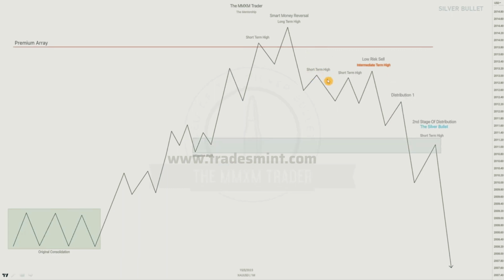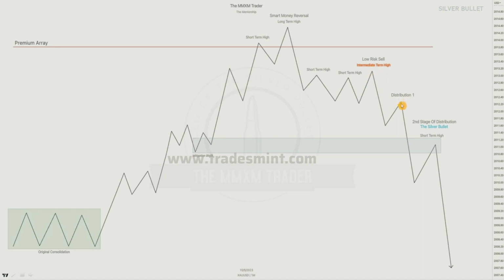Looking at it from a different perspective, option number two, again, we drop lower, breaking structure after that smart money reversal, right? Short-term high to the left, long-term high, and then another short-term high to the right of it. Now we need to wait for that intermediate term high to be formed. We wait for a raid on liquidity of those short-term highs, which happens over here, right? So now we wait for a short-term high to get created to the right side of it. So we have one on the left side and one on the right side, creating this intermediate term high,